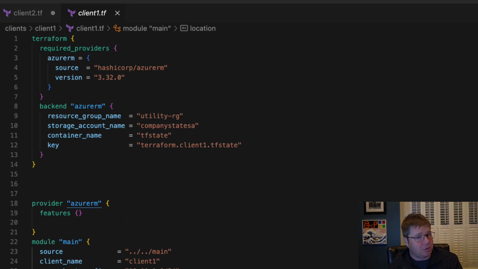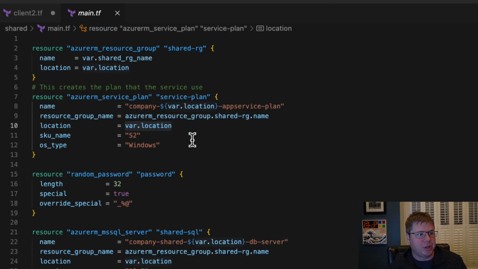I could use data sources, which would probably be the approach that I would opt for. I'd have a data source for picking the app service plan that I wanted to deploy to, picking the SQL server in the right region that I wanted to deploy to, etc. Right? So I think the multi-region strategy here really needs to be revamped,